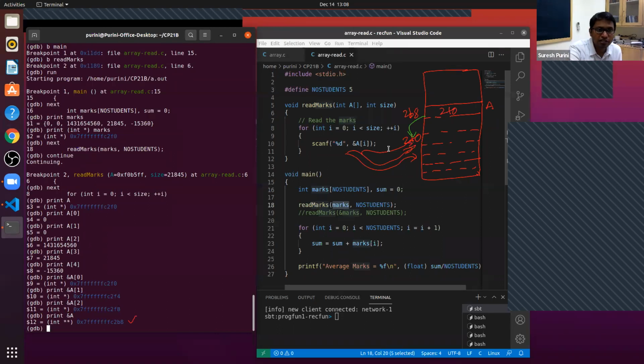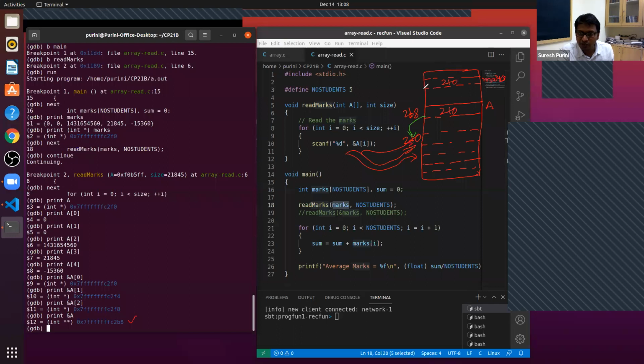If you want to do this, somewhere here in the main function, this is marks. Okay, what does marks contain? No, marks contains 2F0, because marks is also the base address.